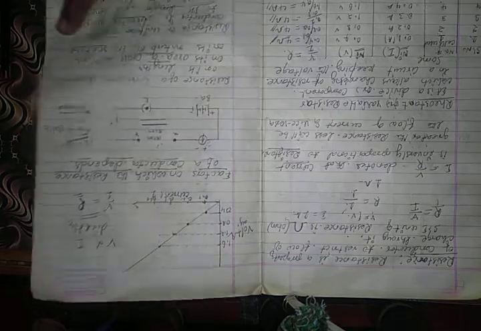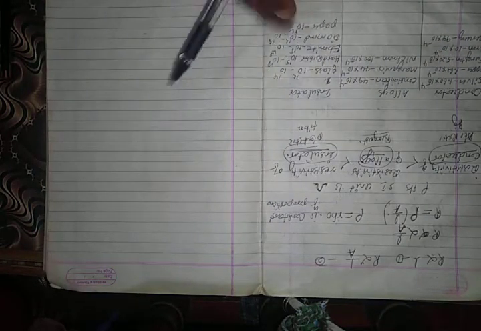In this class we will discuss the resistivity of conductors, alloys and insulators. See in your textbook: silver resistivity is 1.60 into 10 to the power of minus 4, and copper resistivity is 1.62 into 10 to the power of minus 4, like that silver, copper, tungsten, iron and mercury. These are the conductors. They are good conductors compared to alloys and insulators. Mercury is a very good conductor of electricity.